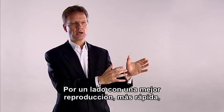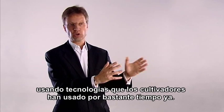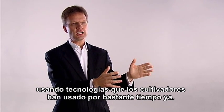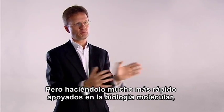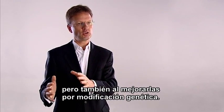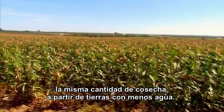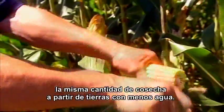On the one hand, by better breeding, faster breeding, using technologies that breeders have used for quite some time but doing them much faster, supported by molecular biology, but also improving them by genetic modification, improving seeds in such a way that they can, first of all, have the same yield, the same amount of crop per land